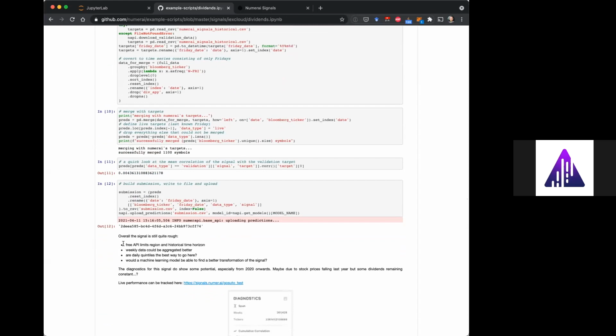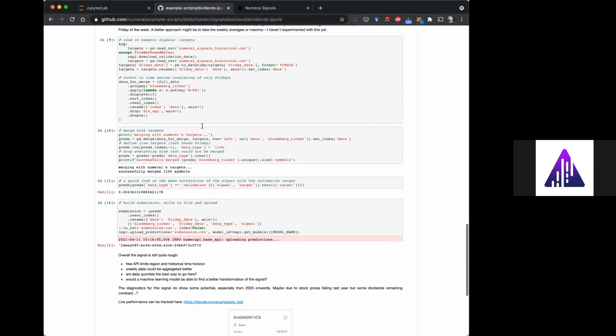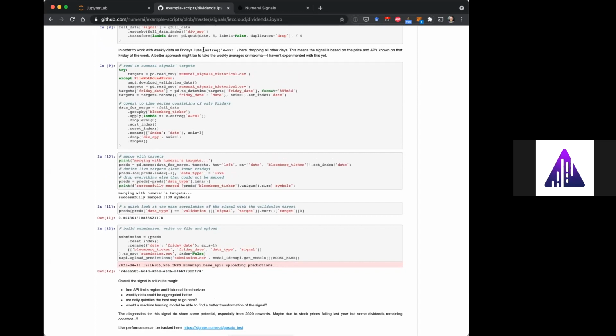So like I said, the fact that the region is limited, I think, limits the signal quite a bit. Currently, what I'm doing with the Friday frequency, so that's here, is just taking the price and the APY on that day. So it ignores every price action that happened in the 6 days before that.